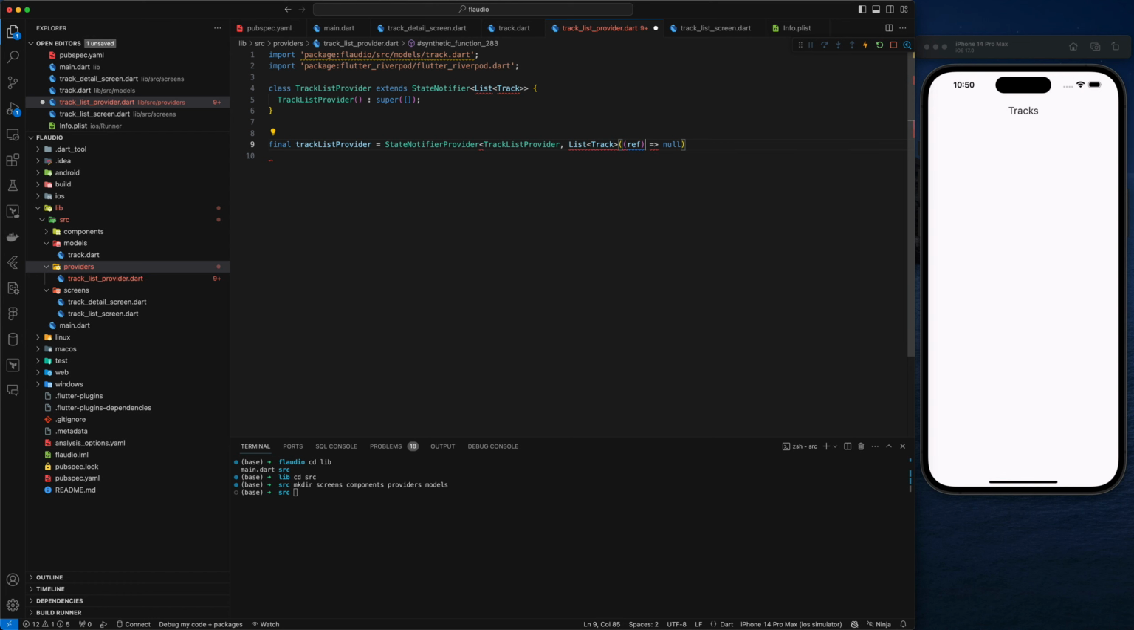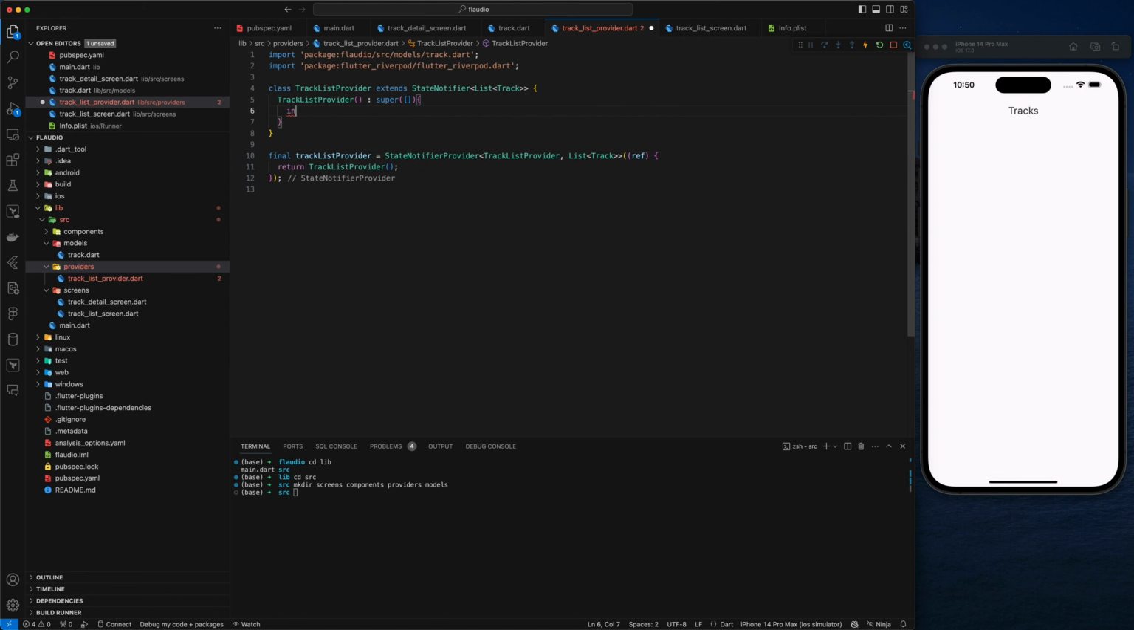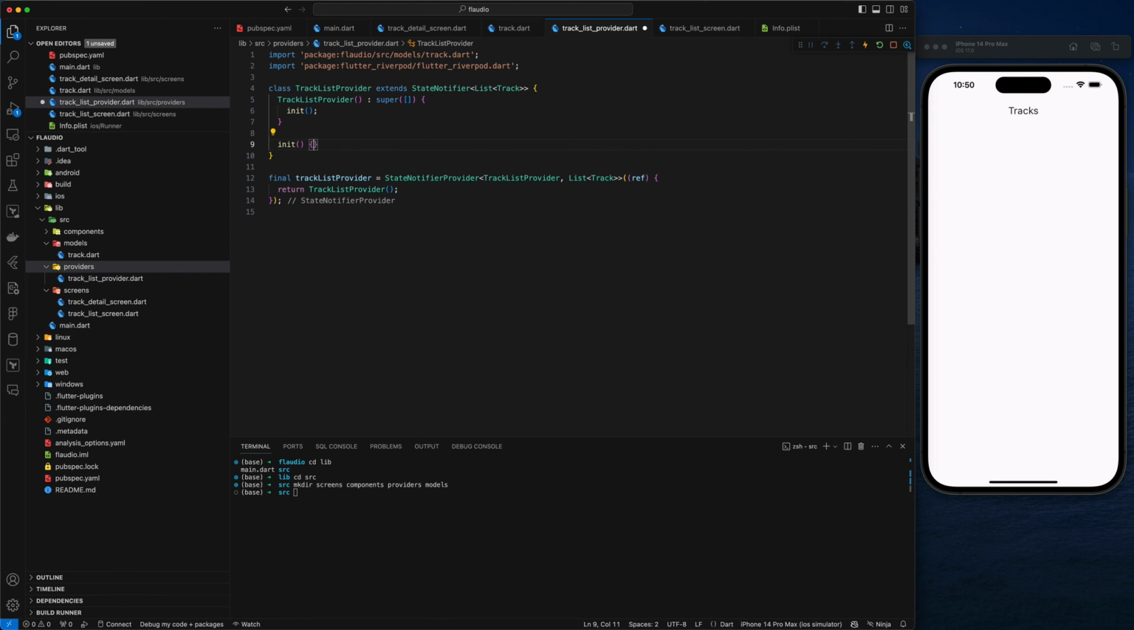List of track, something I'm missing a guy there. And ultimately, when this is constructed, we just want to return the track list provider. Generally you'd have some kind of way to get it, maybe you're making a network request or Firebase or whatever, but I'm not going to go into the details of all the ways we can do that. But in this init function, this is where you could make your network call